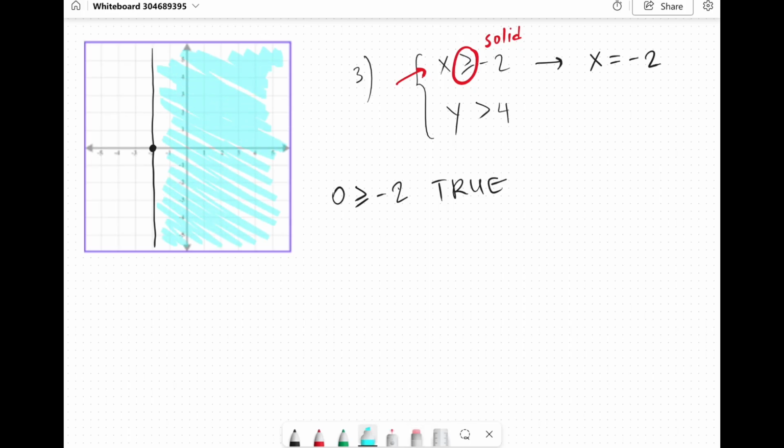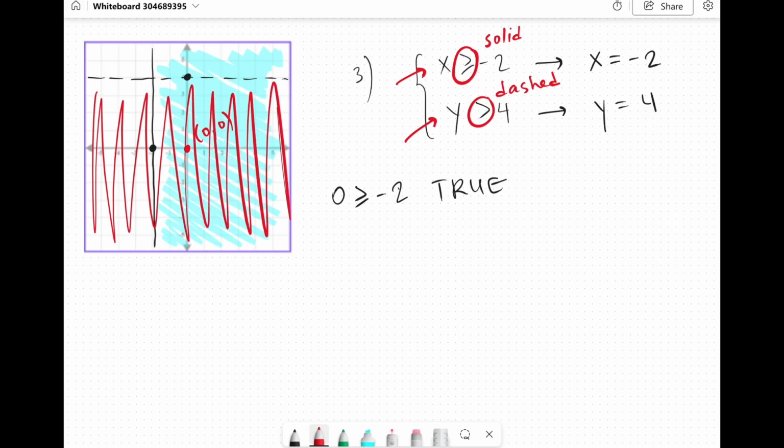So the second inequality is y is greater than 4. I will make it into an equation. So y equals 4. Now remember, this is a horizontal line that passes through 4 on the y-axis. This line will be dashed. So this line has two sides, above it and below it. I will go ahead and pick the exact same point to check the below portion. So point 0, 0 checks this part for me,